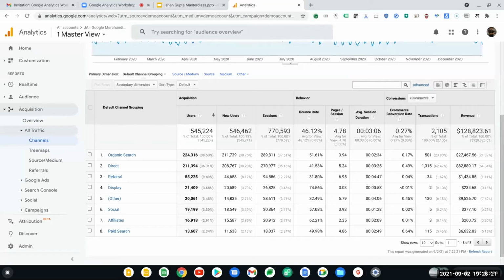So as it's showing, users, new users and sessions. New users, we can already make out, are people who are visiting the website for the first time, and users are the current users of it. They have come earlier, but they've again gone back. And new users means those who are visiting the website for the first time.